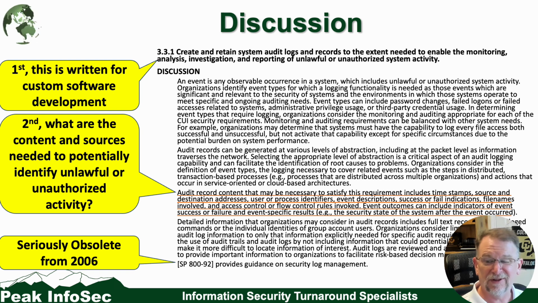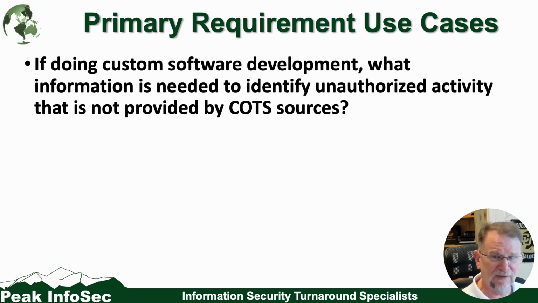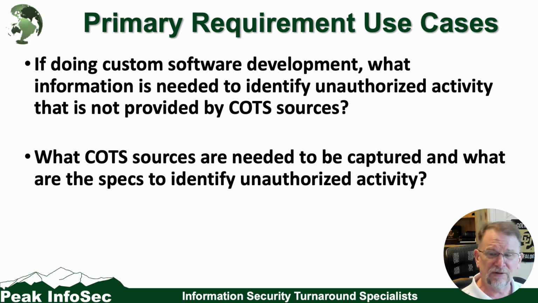Audit log sources were very much platform specific and viewable in the platform, or just generally dumped off and done in Excel. Now, the primary requirement use case of this one, if it is custom software, we've already hit this: you need to identify the unauthorized activity that is not provided by the COTS sources. What would be an indicator of compromise? So you're asking that for what you're writing on top of everything else. If you're just using COTS sources, what COTS sources need to be captured and what are the specs